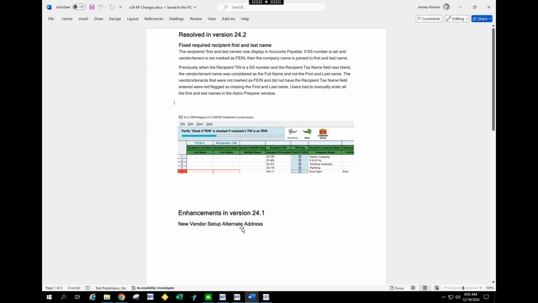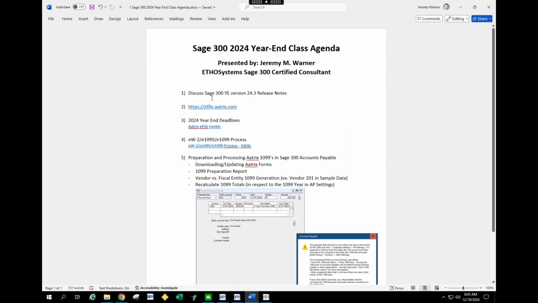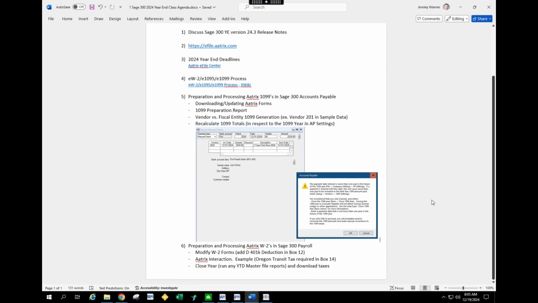As far as the class, I will go down here to this next one. But as far as the agenda, the first thing, even though I jumped right into AP, we're going to be focusing on the ATRIX side of things, as well as the release notes. Then we'll start getting into processing 1099s, and the last, we'll say 45 minutes to an hour, will be the